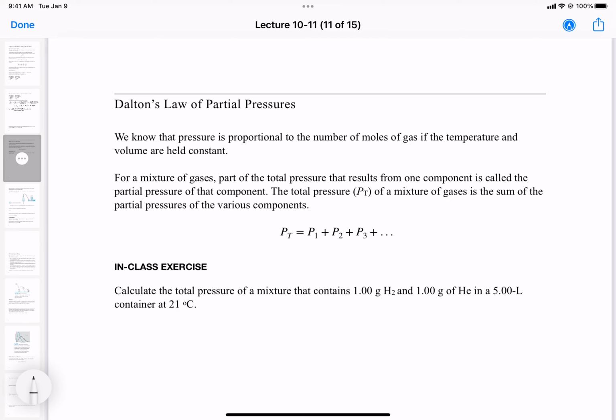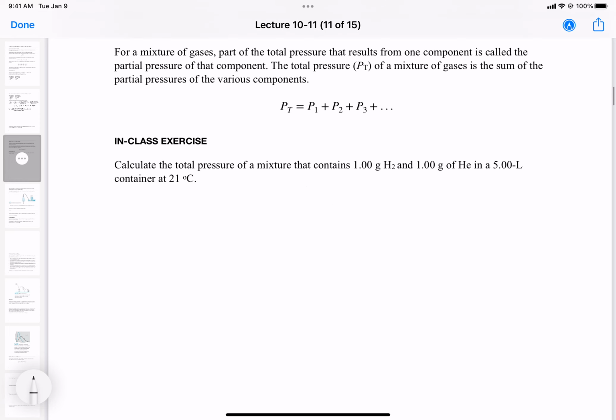It will just be proportional to the number of moles, and if there's a mixture, the total pressure results from each component. Each component contributes a partial pressure. So we can just add the partial pressures, and we get the total pressure of our system. Okay, so let's put that into a